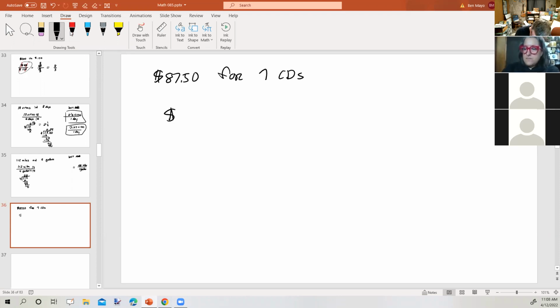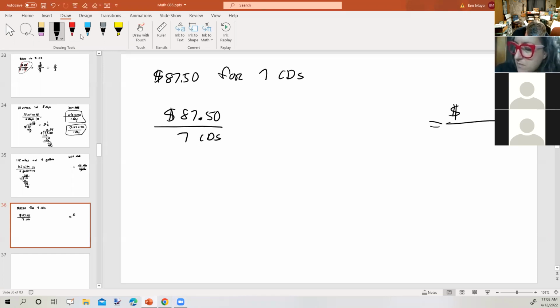Okay, so I've got $87.50 for 7 CDs, and I want to know the price per CD. Now, I can accomplish this by dividing the bottom by 7 and the top by 7. The bottom, 7 CDs divided by 7, is 1 CD. The top, we've got 87.50